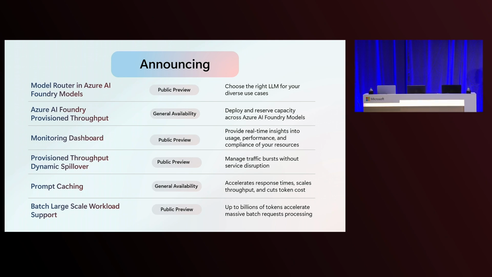We're going to talk about the new provision throughput that is now fungible, and not only for use within Azure OpenAI, but with models like DeepSeek, and how that's coming in the future too to deliver you more value. We're going to be talking about how to get value out of that provision throughput with features like prompt caching and spillover, and how you can use those to maximize your fleet at scale. And we're going to be talking about some amazing new capabilities within our batch workload that lets you grow to even greater scale. So all of that is coming up in today's session with demonstrations and with customer testimonials as well.